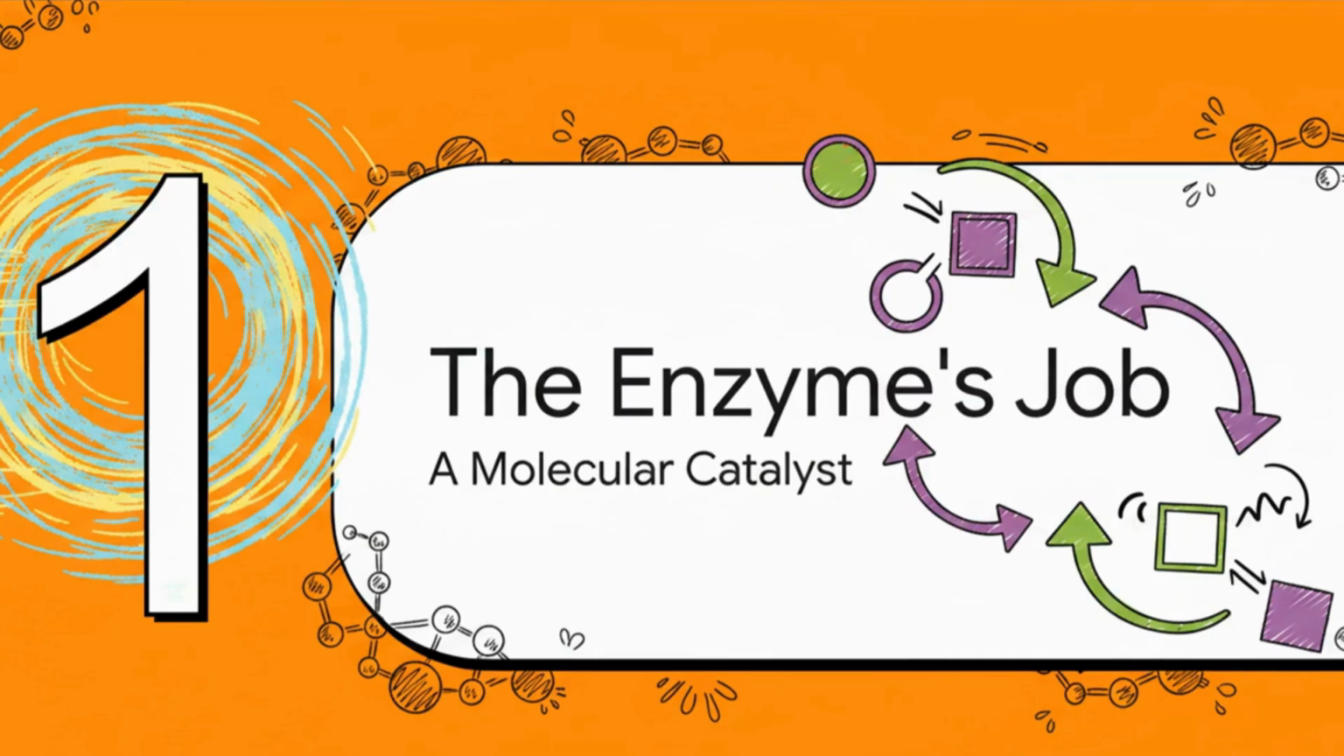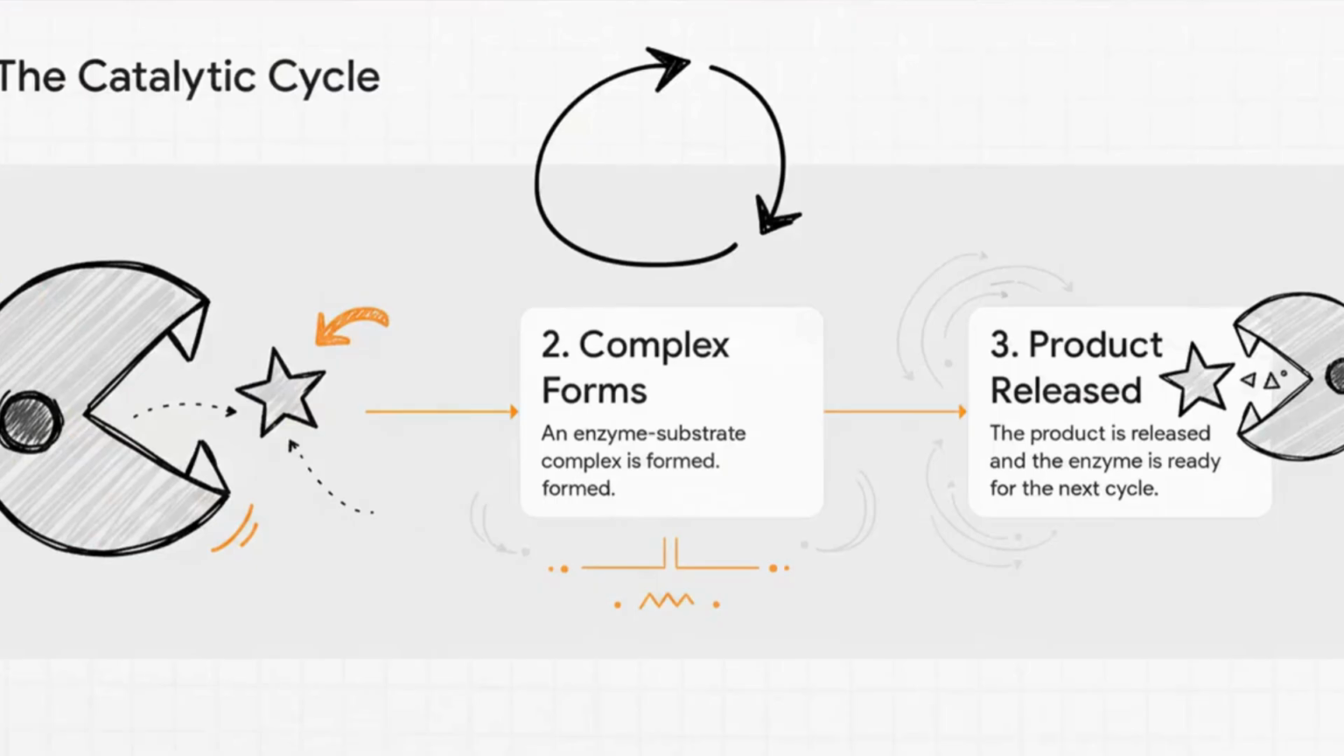An enzyme is basically a molecular catalyst. Its whole job is to make a reaction go way, way faster than it normally would. And here's the cool part. It doesn't get used up in the process. It's this really elegant three-step dance. First, the substrate, that's the molecule the enzyme works on, binds to a special spot called the active site. They link up to form what's called an enzyme-substrate complex. Then, boom, the reaction happens, a product gets released, and the enzyme is totally unchanged, ready to do it all